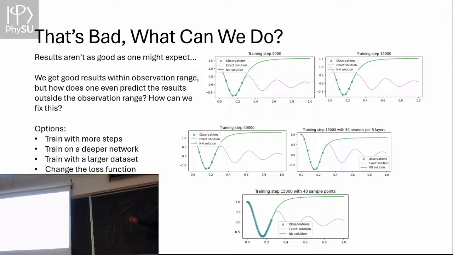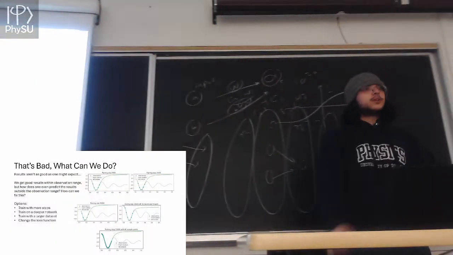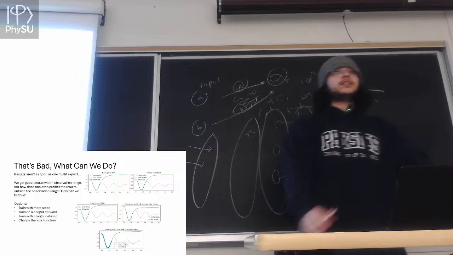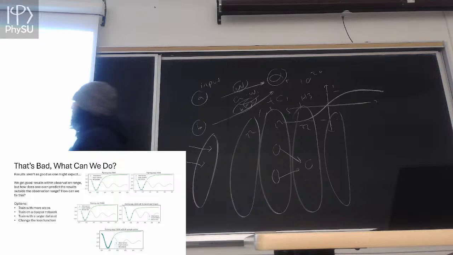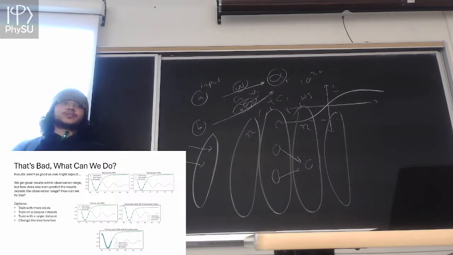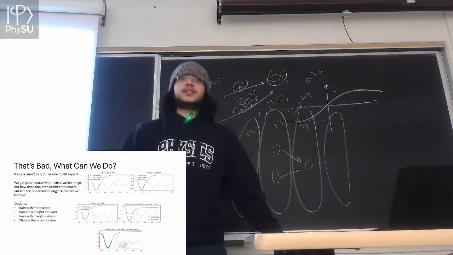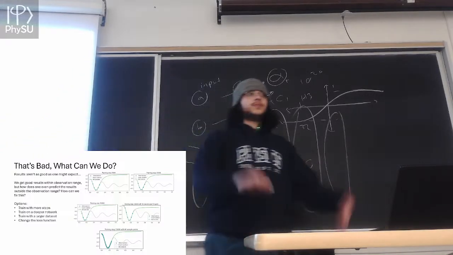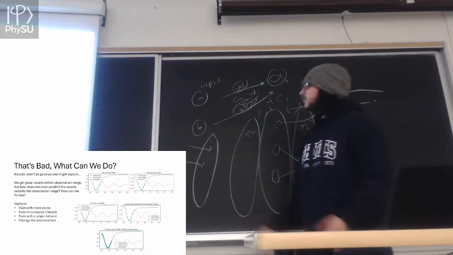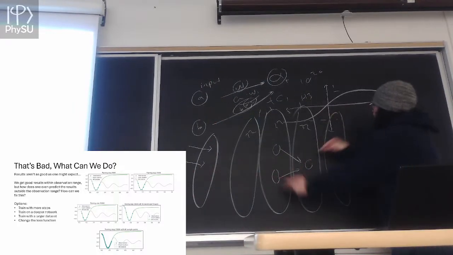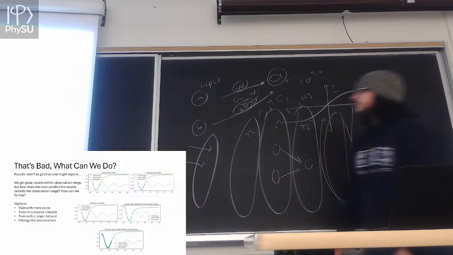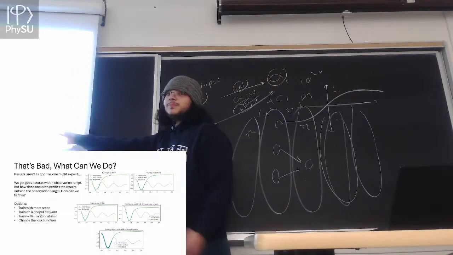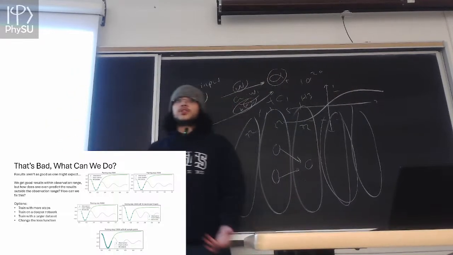We can increase the training steps. Instead of doing this 15,000 times, we can do it like, I don't know, 50,000, 150,000 times. Okay, I tried that and we still get a pretty bad result. We are still, you know, nothing is helping us in terms of that part. We can give it 50 neurons per 3 layers, per 5 layers. So we increase these layers to 5, right? And we give each one of them 50 neurons,